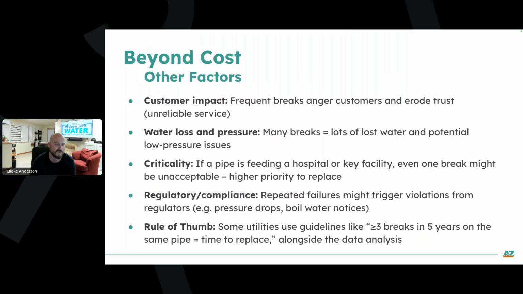And so with that, you also have to think about each one of those leaks beyond the customer impact. You're losing water, and so that can obviously create costs, because now you're pumping water out and you're treating it, and then it's just going out on the ground and it's not actually being sold. It also can cause low pressure, contamination risks, and get you into violations and issues like that, and just a lot of headache.